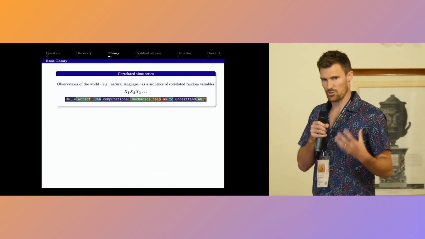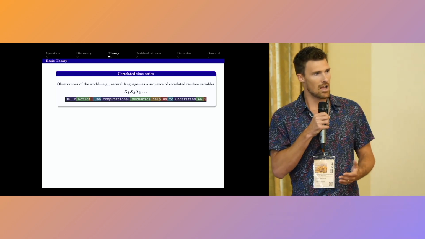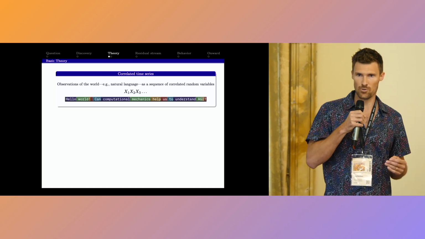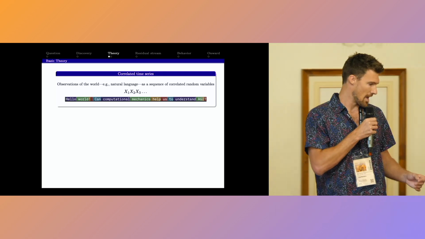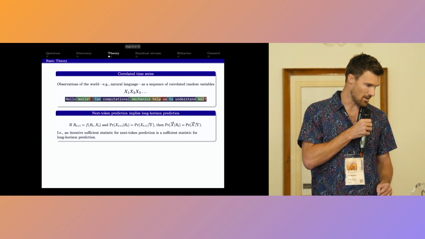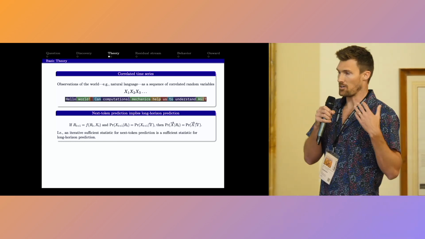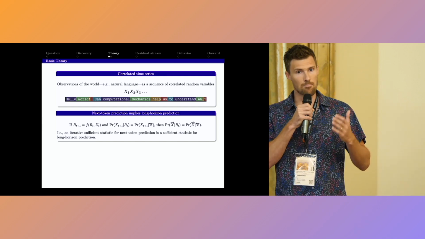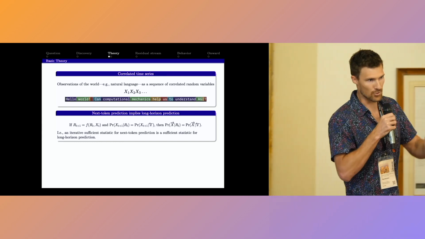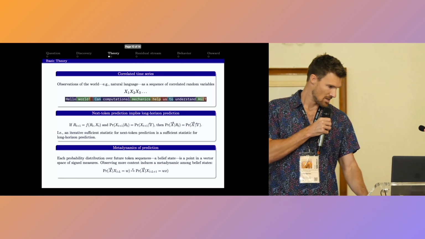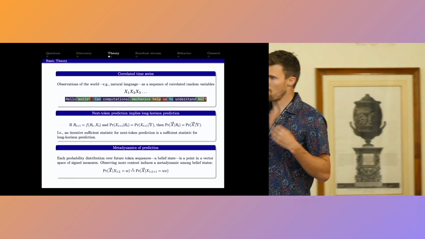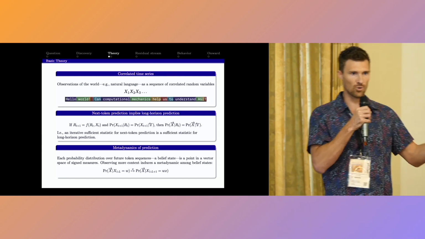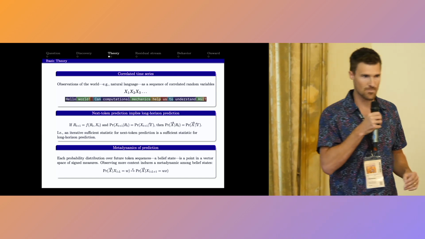So hopefully you're motivated to understand a little bit of the theory. What angle are we coming at? Basically, we treat a sequence of tokens as a sequence of correlated random variables. And then what can we do with that? Well, we acknowledge that to do as well as possible at next token prediction implies the ability to predict the entire future as well as possible. And then we consider the metadynamics of prediction. So as you move through context and observe more symbols, how does your distribution over the entire future change?